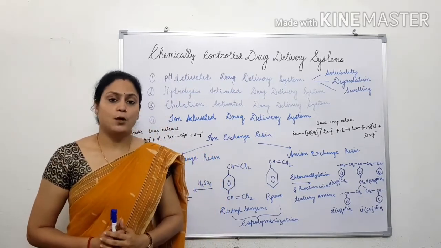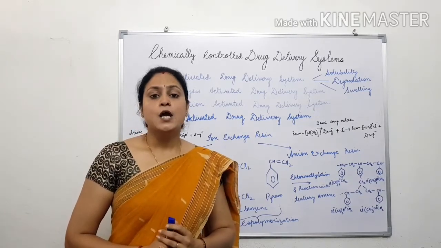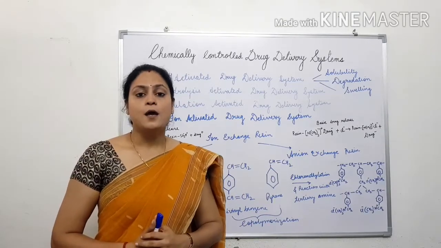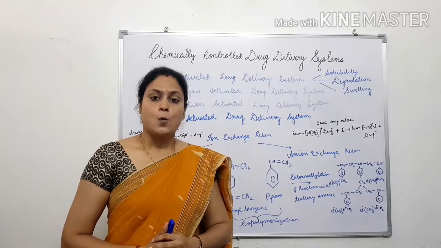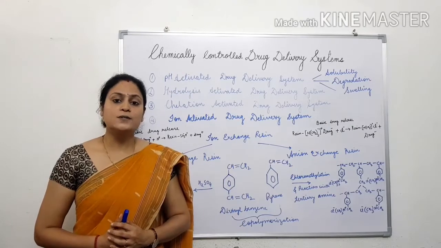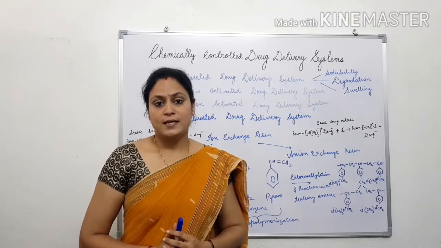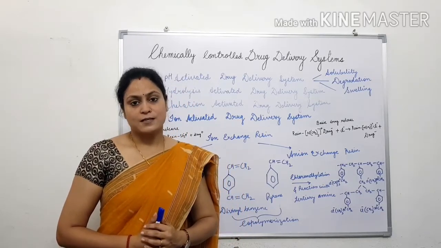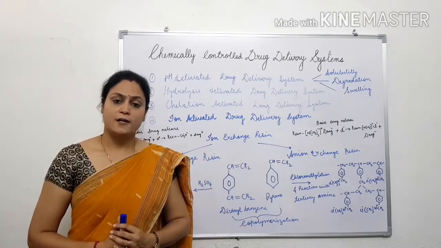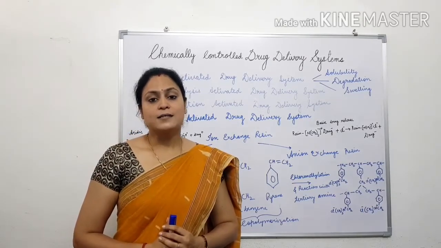In the glucose responsive drug delivery system, a polymer membrane containing glucose oxidase encloses a reservoir containing insulin. When this drug delivery system comes in contact with glucose, glucose diffuses into the system and the glucose oxidase present in the drug delivery system metabolizes glucose into gluconic acid, thereby reducing the pH of the system and thus enabling the